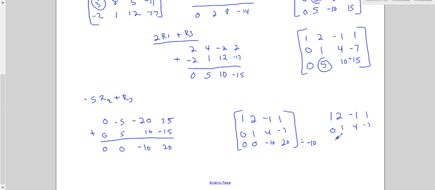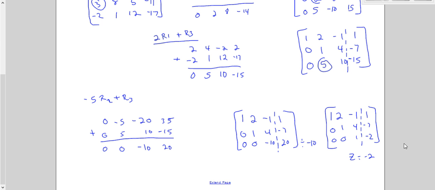right here, 0, 0, 1, and negative 2. Okay, and if I draw that dashed line there, if I kept doing that throughout, you can see I've got my little square to the left here is a diagonal of 1s, and my zeros down here in the corner. So now I can tell you that z equals